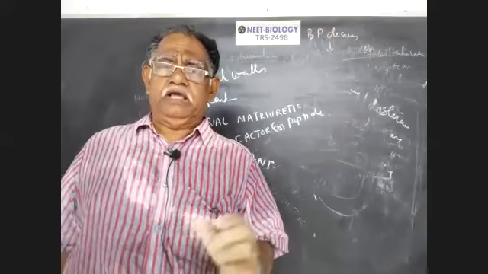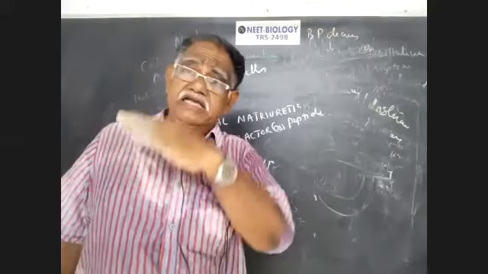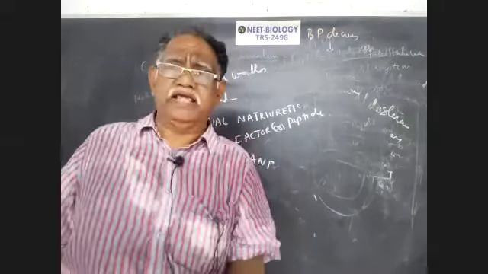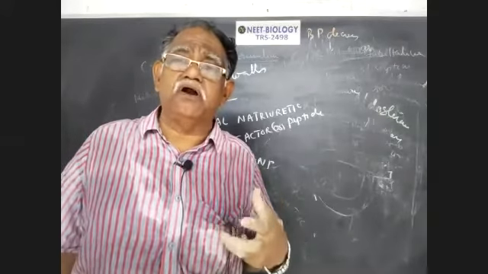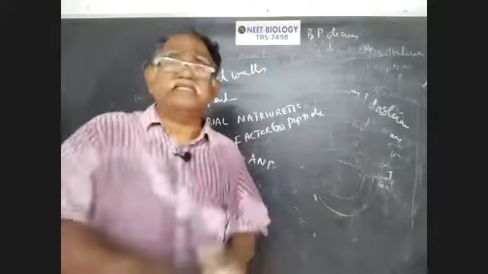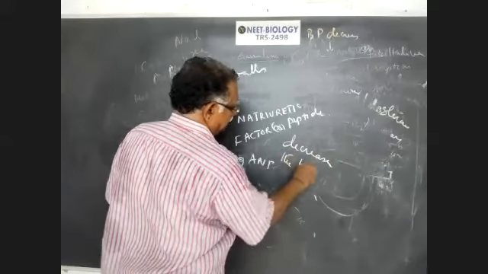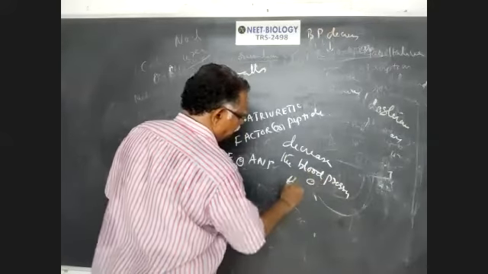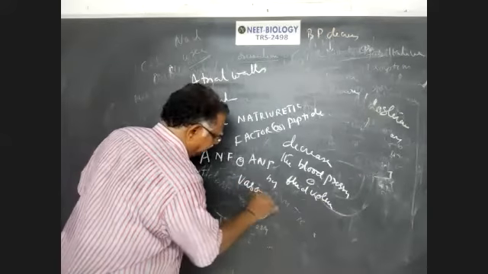Take down this important point. When blood pressure increases above the normal range, when GFR increases above the normal range, when the body fluid volume increases above the normal range, then the atrial walls of the heart produce a peptide called atrial natriuretic factor or peptide, that decreases the blood pressure or body fluid volume by vasodilation. Important point.